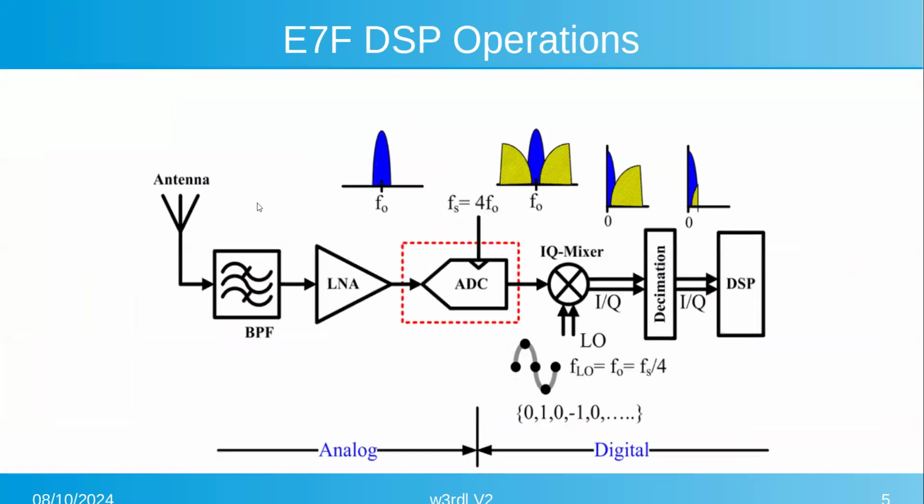This is kind of a block diagram. Typically, you'll have some kind of bandpass filter on the front end. You might have a low noise amplifier and/or attenuator before the analog to digital converter. Once you get it into the A to D,